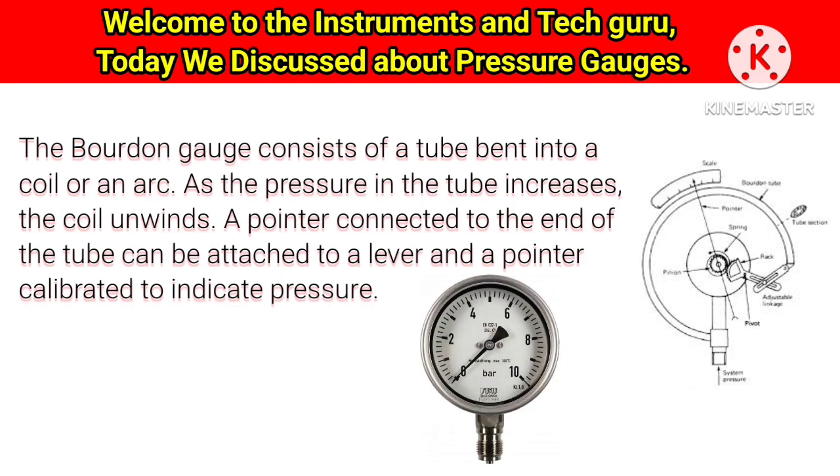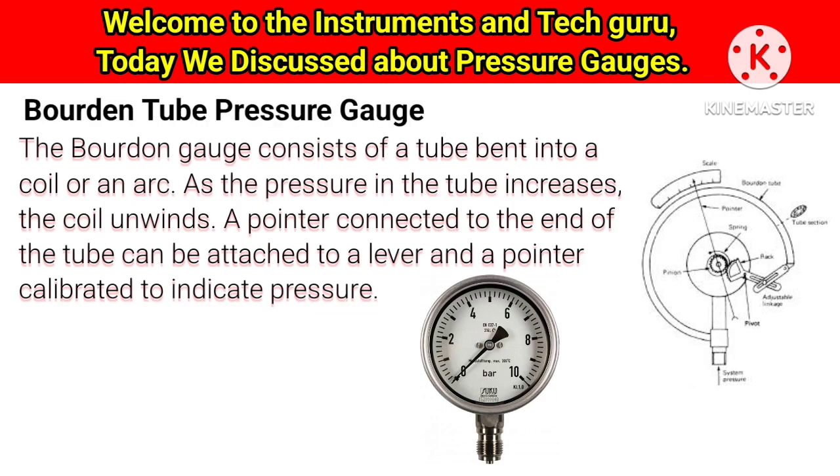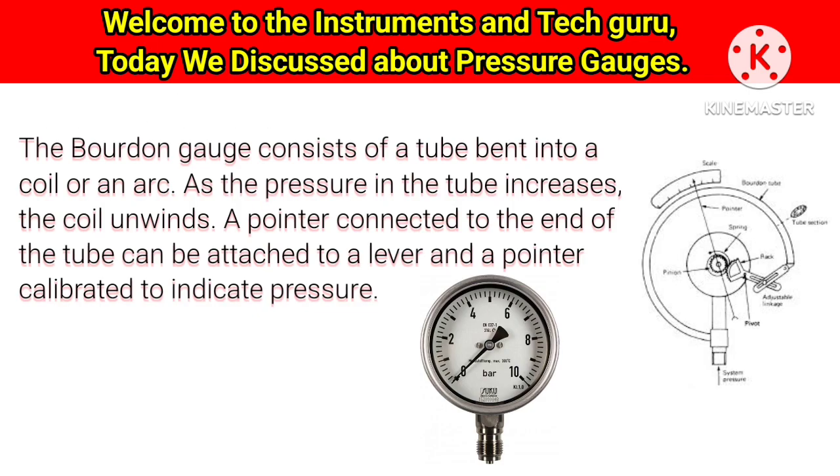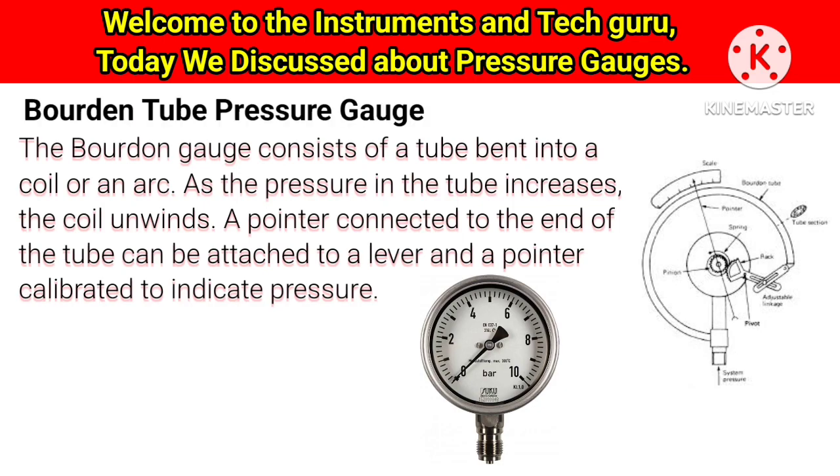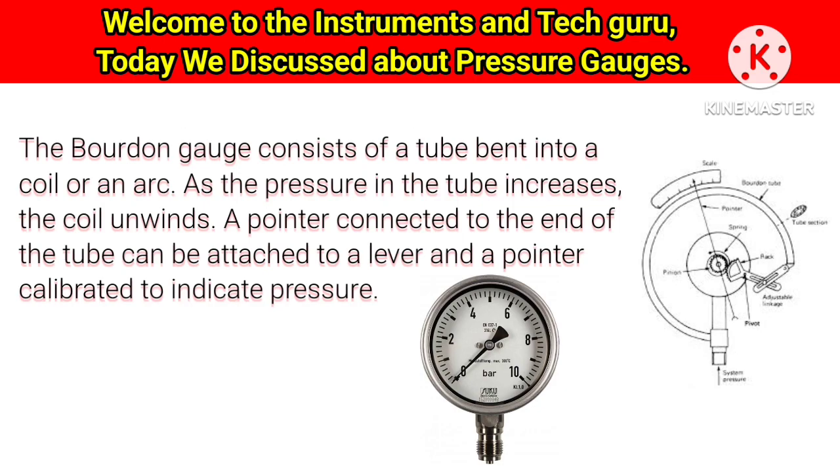The Bourdon gauge consists of a tube bent into a coil or an arc. As the pressure in the tube increases, the coil unwinds. A pointer connected to the end of the tube can be attached to a lever and a pointer calibrated to